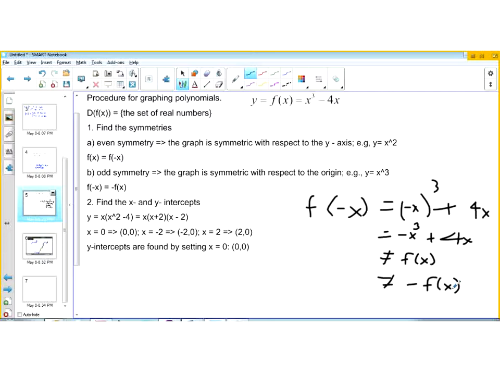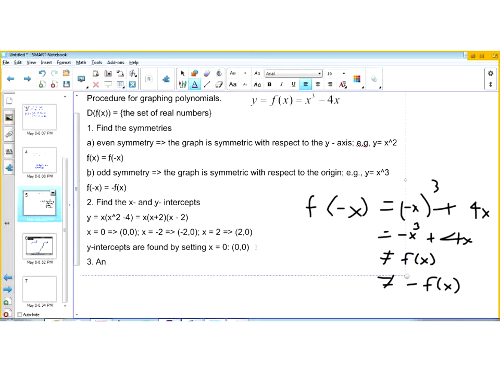Okay. No symmetry. We found the intercepts. Okay, so let's move on to the additional things we need to know when we graph polynomials. We want to analyze the infinite limits